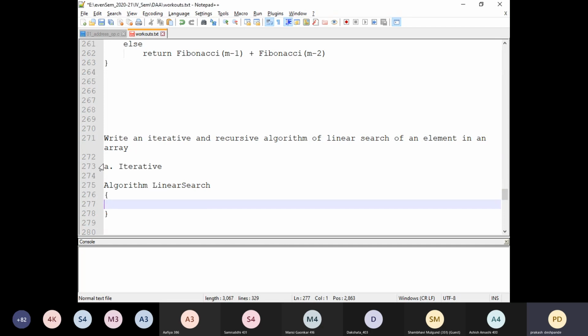Now first, I need to read the data items over here. As you can see, there are no parameters I am passing to this particular algorithm. That means externally I need to read all the elements here. So read. What are the different data I need?